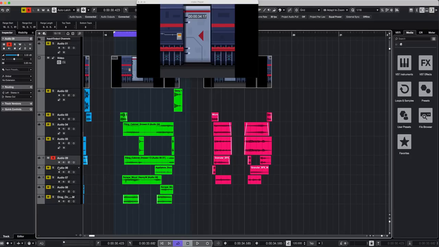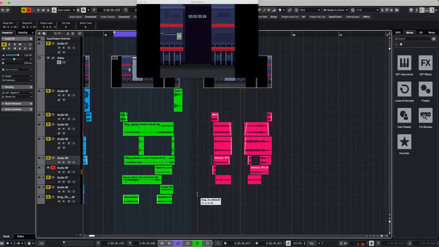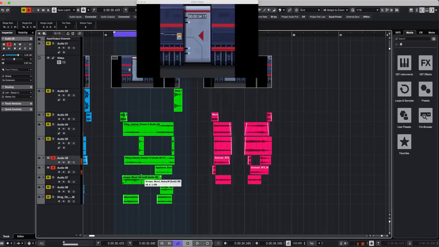And then I added some more granular stuff that I had done. And then when we combine the two, and finally we have